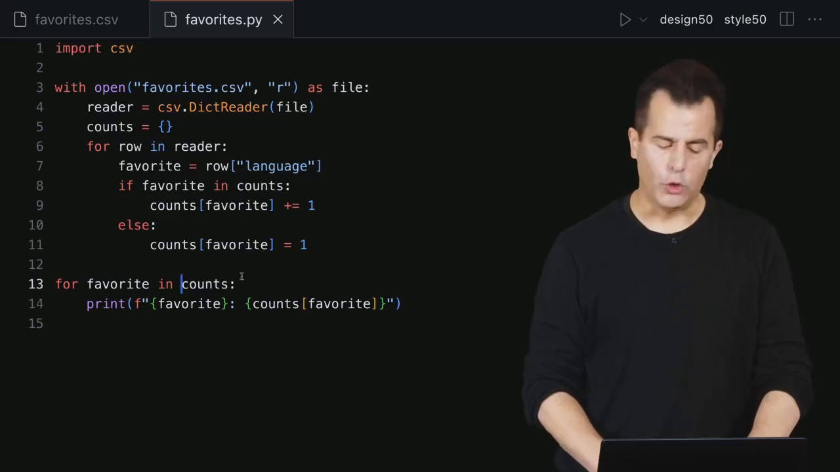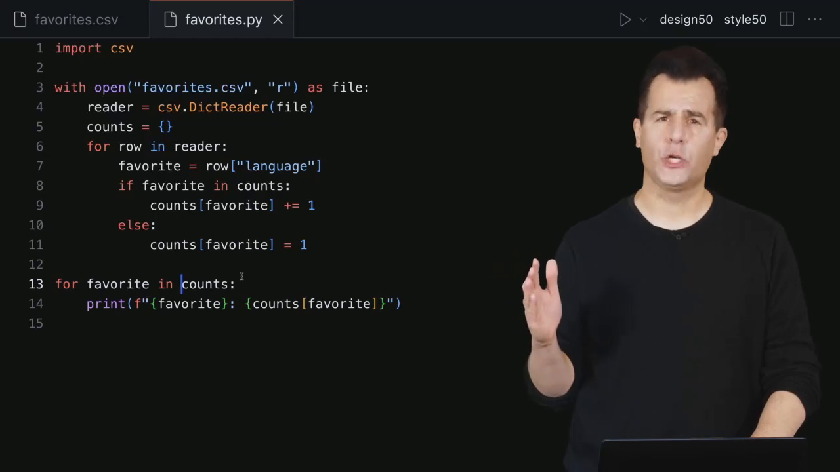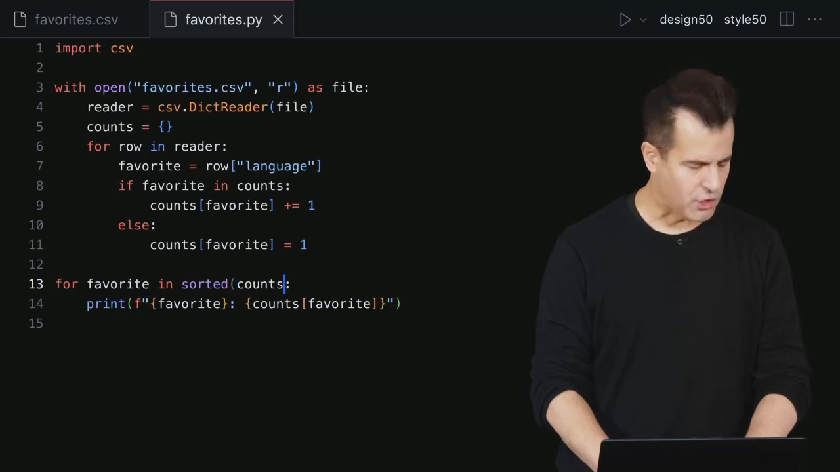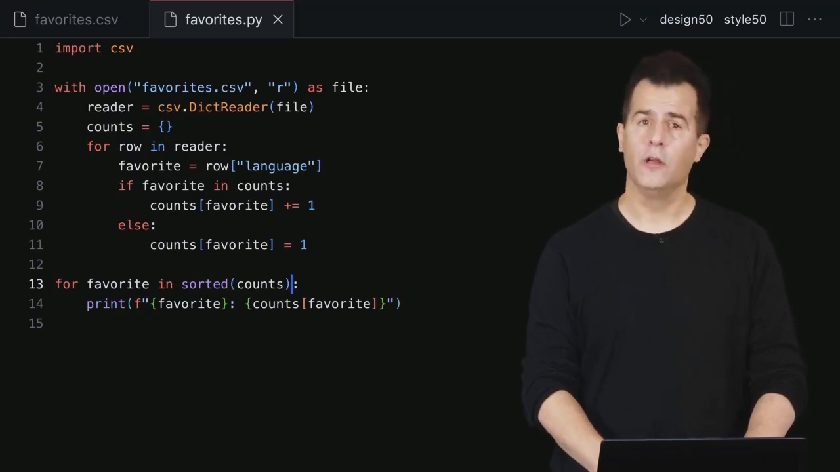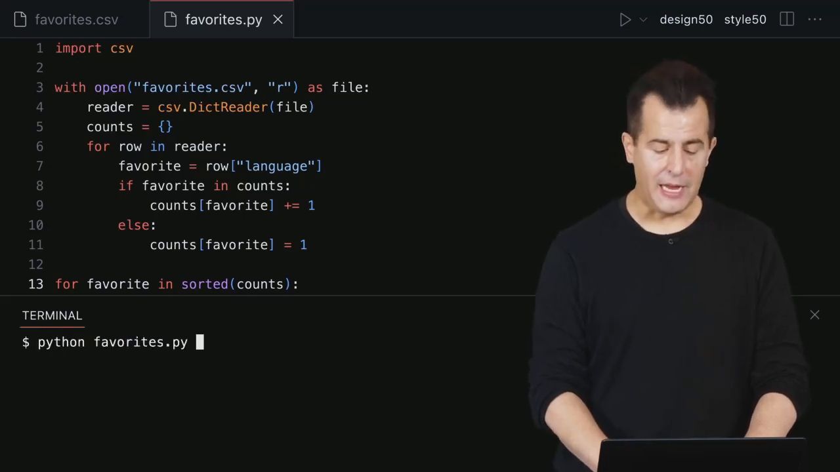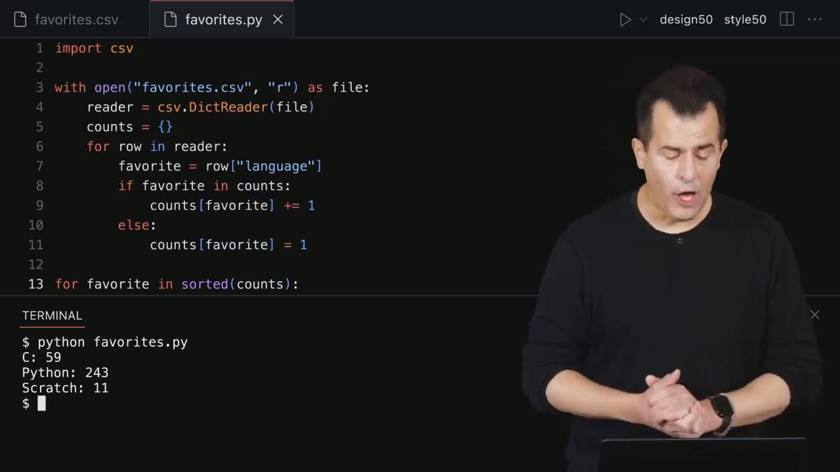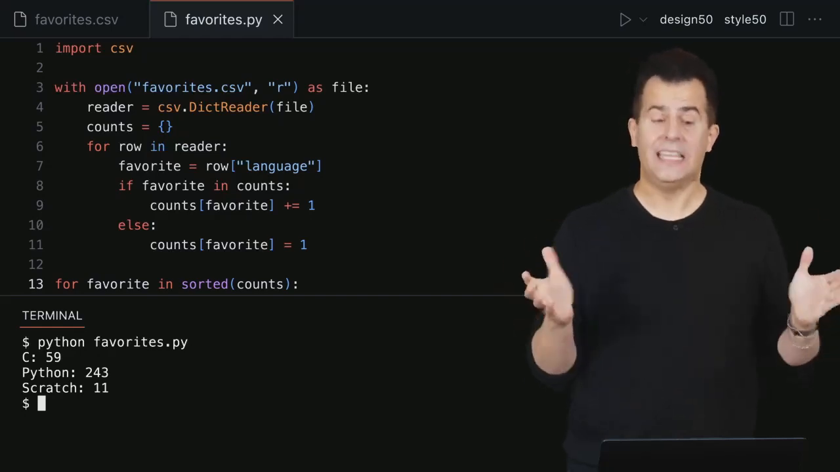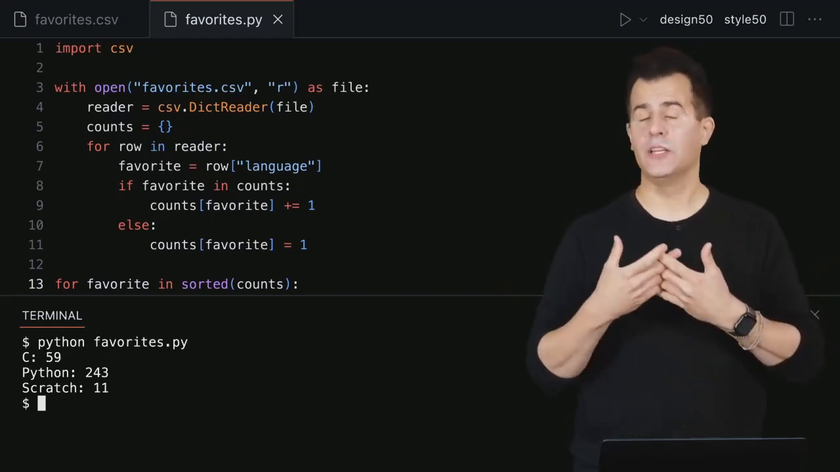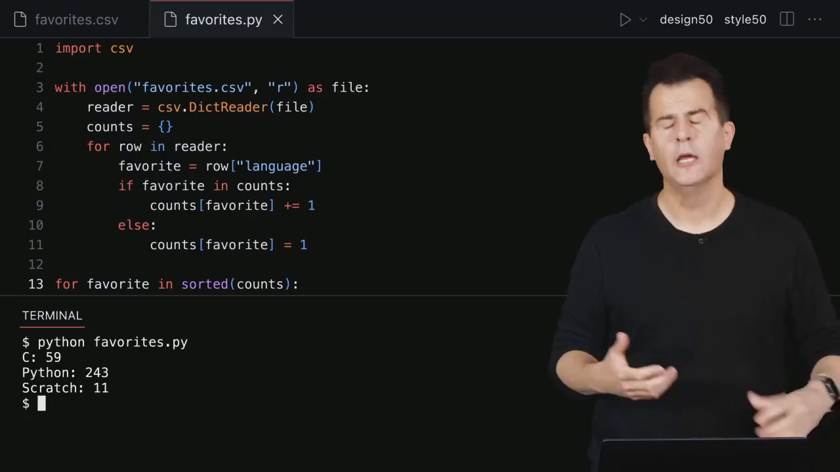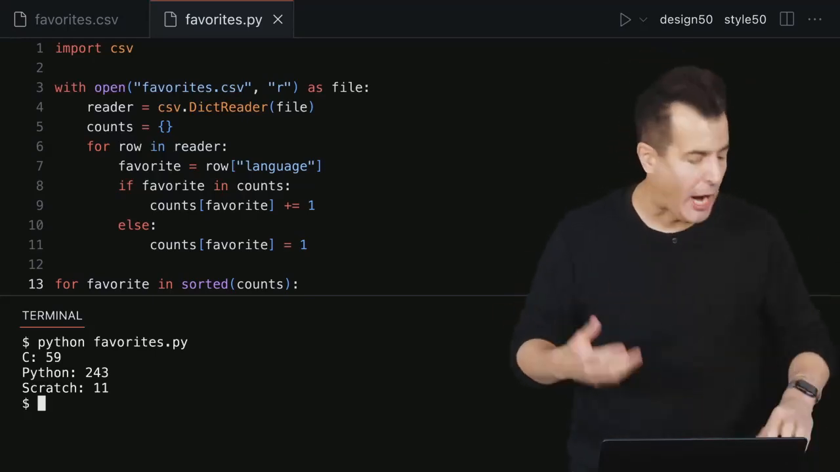Down here in my for loop, instead of just blindly iterating over the dictionary from first key to last key, let's actually sort those counts first by using Python's sorted function. And then in my terminal window here, let me run python of favorites.py again, enter, and now you'll see that I've actually sorted them by the keys themselves, C and then Python, then Scratch. So it's not the same order in which I printed them. Now it seems to be doing it alphabetically, but I do seem to have some control over how I'm printing